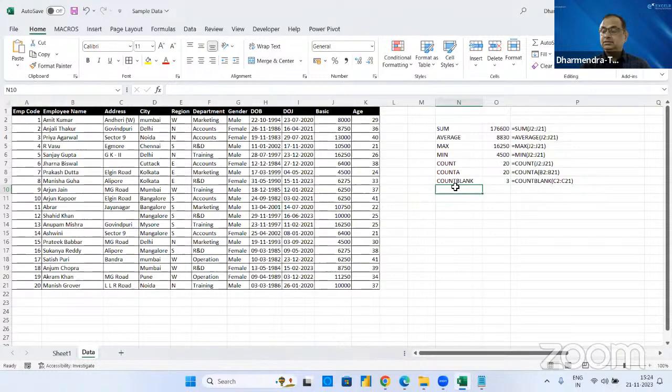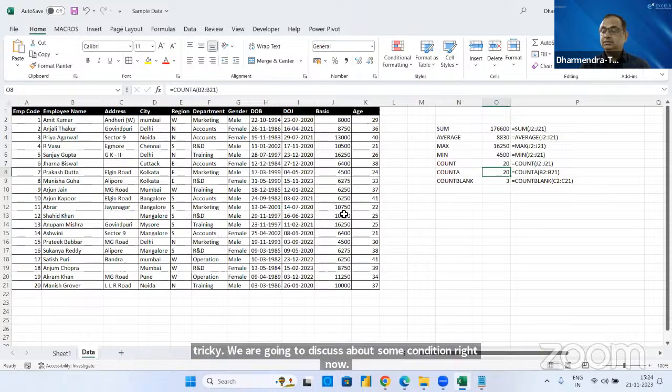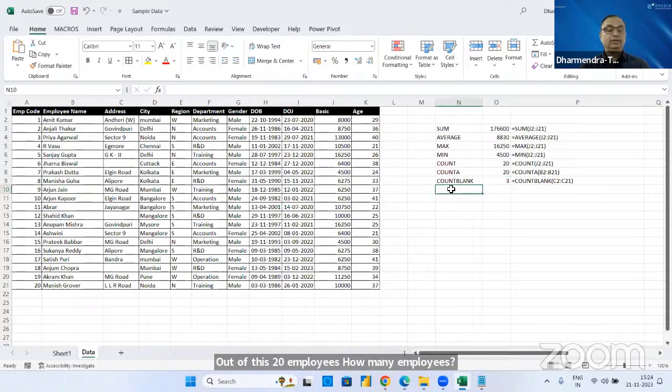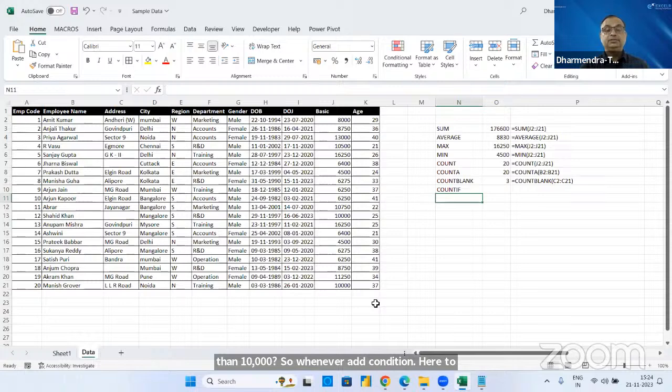Next concept, what we are going to learn here is a bit tricky. We are going to discuss some conditions right now. Out of these 20 employees, how many employees' salaries are more than 10,000? I want to add one condition. So whenever you add a condition, you have to go for the IF function, right? So